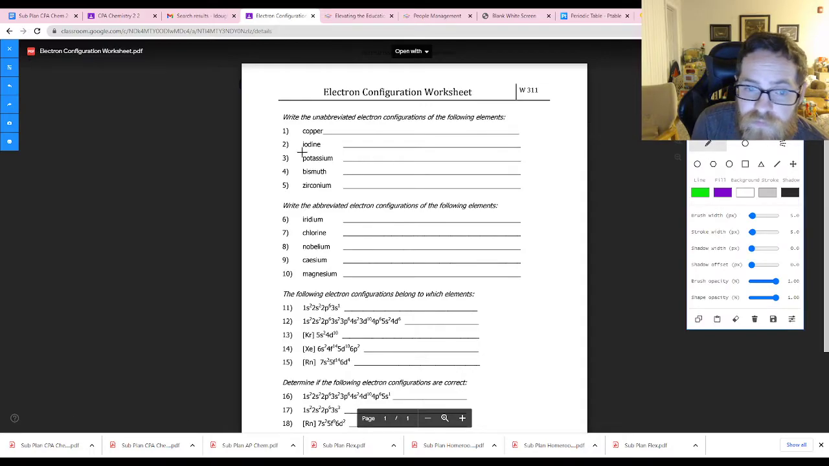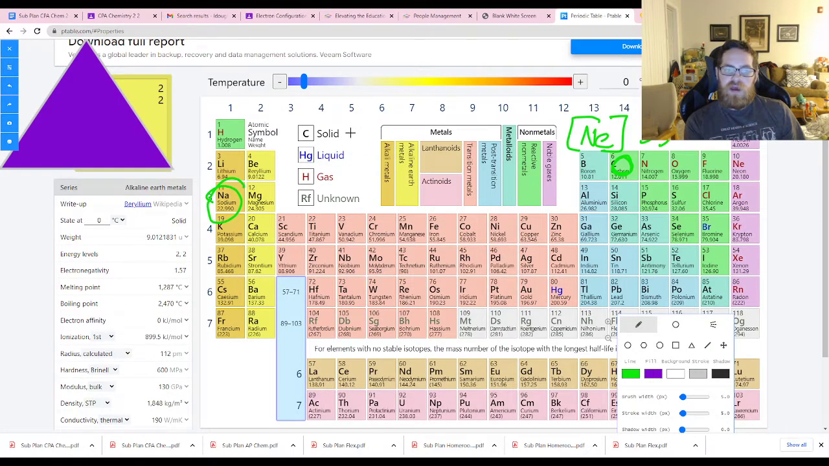This first. Here we go. So let's talk about electron configuration for copper. If we look over here at copper,